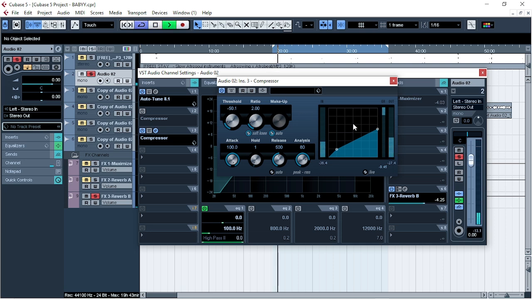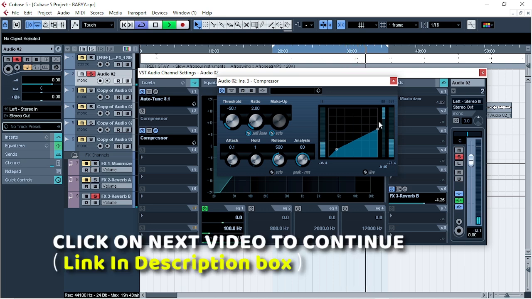Let's play so that you see. You can see it is slow here. All right, but let's go for the fast attack. And I want you to look at the gain reduction. All right, it is working fast. Now